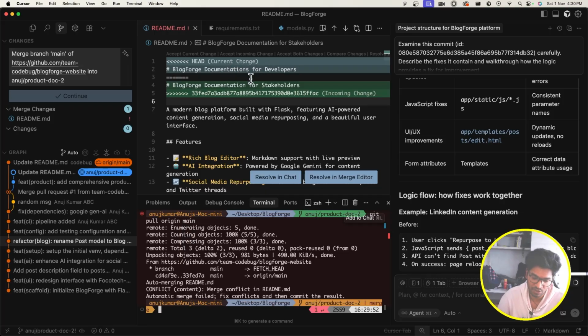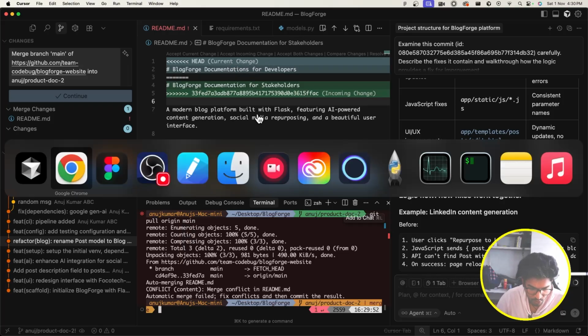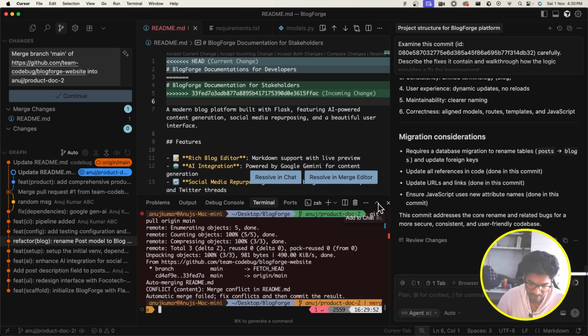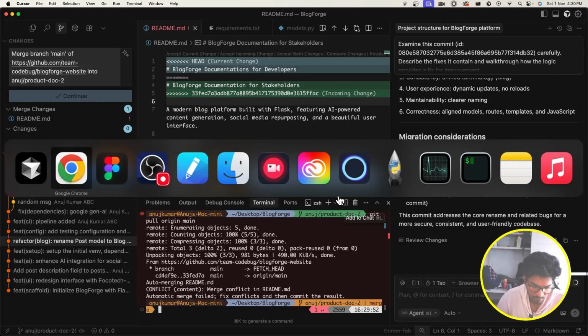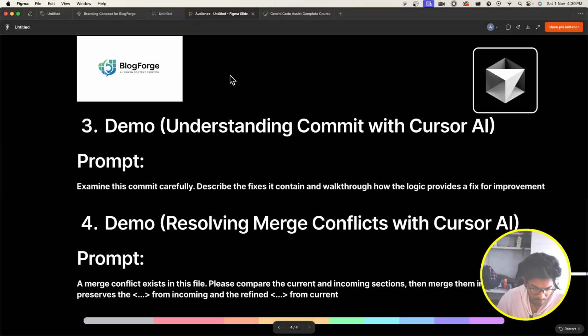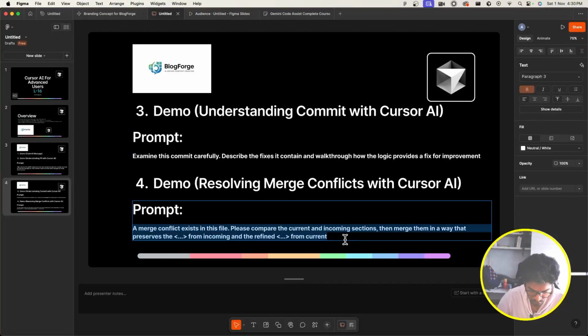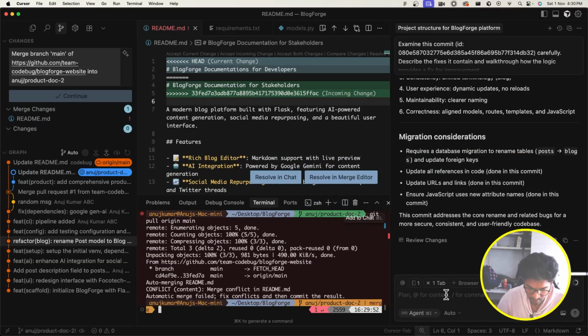Even we have a spelling mistake also. So what we're going to do, you can also resolve it in chat or resolve it in the merge editor with this agent and all, right? But we are going to be using that prompt. The prompt is, let me go back, and this is the prompt, right? So I'm going to copy this prompt and then paste